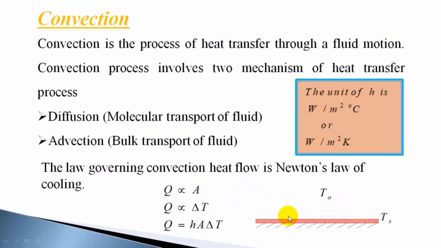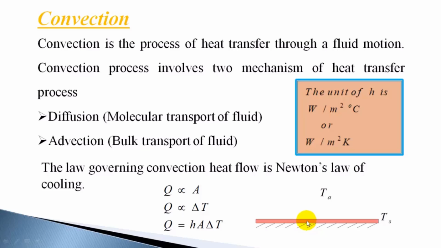So it is proportional to the surface area of the surface from which heat is flowing, or to which heat is flowing. It is directly proportional to the surface area and also proportional to the temperature difference. In this case, the temperature difference is Ts minus Ta. Now combining this, you can say that heat transfer by convection is hA delta T, where h is the proportionality constant used, and it is known as the heat transfer coefficient or convection